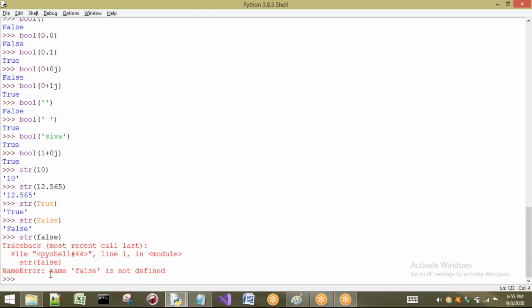So it is going to give you what? Error. Okay, because why? If I am taking false, it should be capital. If you write it in this way, your interpreter doesn't know what it is. Okay, 1 minute. Sir, if we allocate some empty space in bool, then it should be true.